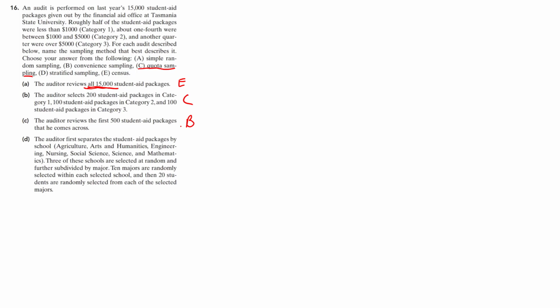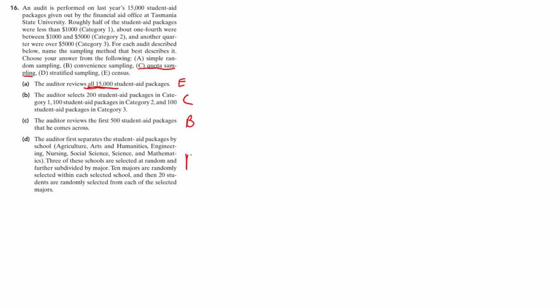And the auditor first separates the student aid packages by school: agriculture, arts and humanities, engineering, nursing, social science, and mathematics. 3 of these schools are selected at random and further subdivided by major. 10 majors are randomly selected within each selected school, and then 20 students are randomly selected from each of these selected majors. And so then that would be the stratified. And stratified